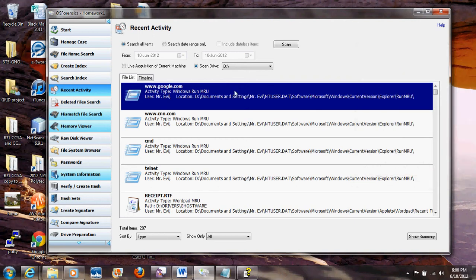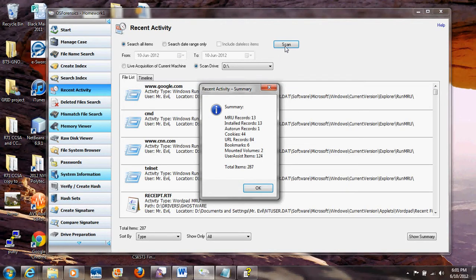The next item we're going to look at here is the recent activity report. It's this button over here, and as you can see, once you've done a search, you can select search here. You want to select which drive you're searching on. In our case, the mounted drive for the data that we're reviewing is the D drive. You hit scan, and then it'll scan through all the documents, and here's a little summary just to give you